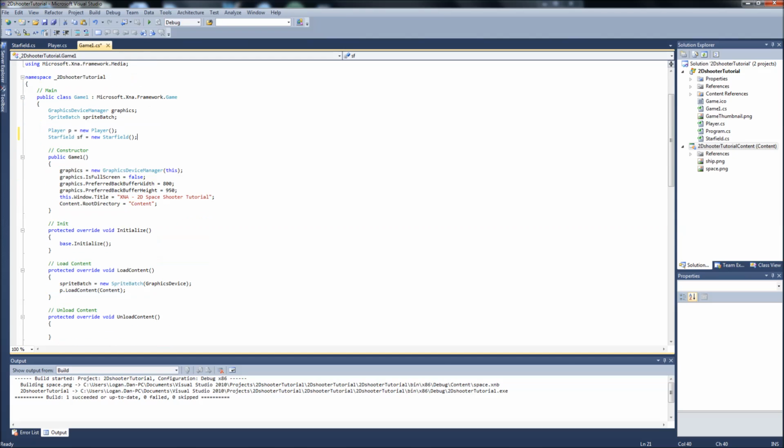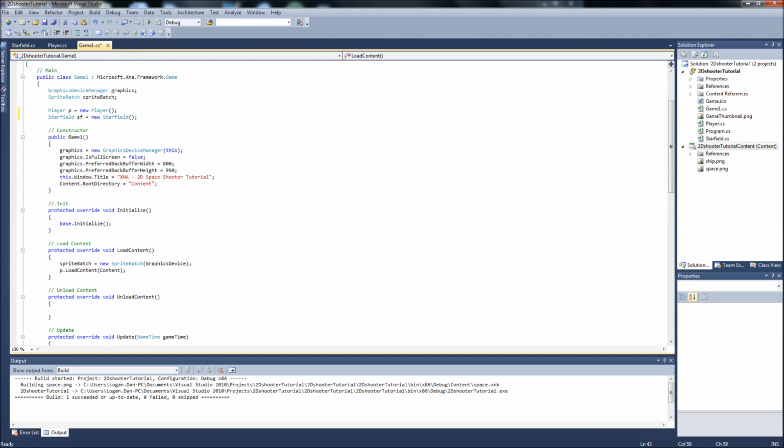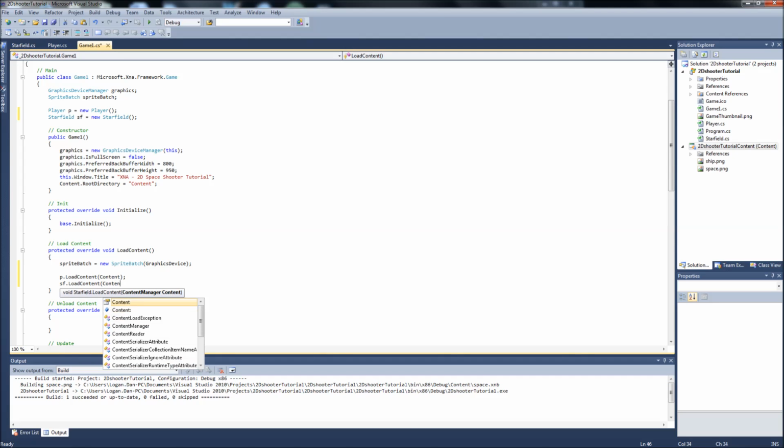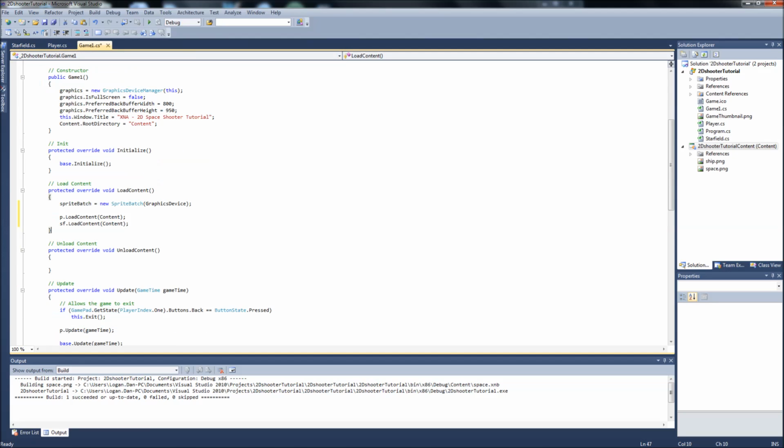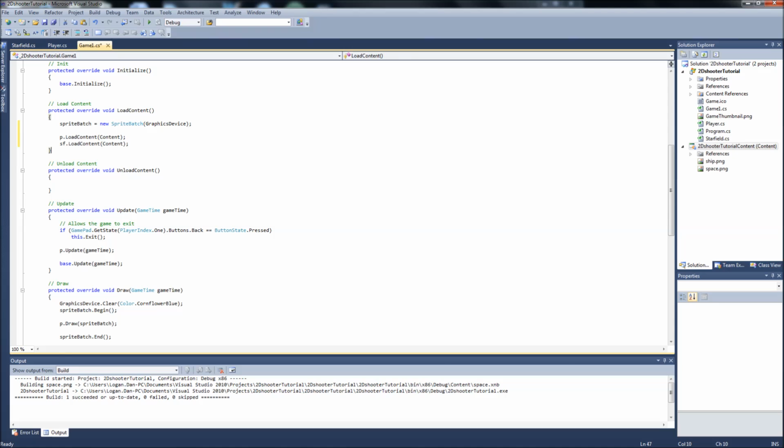Okay, and then we can just go into our load content, just like we've been doing with our player class, and it'll be sf.load content. So we're loading the graphics, we're setting the space field image, the PNG, to our texture, which we did back in the StarField class. We'll go to our update, sf.update, game time,